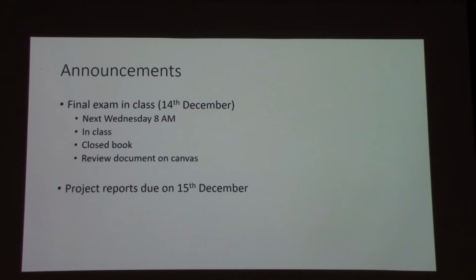Okay, everyone looks excited. There's a project report that's due on the 15th of December. Please upload it to Canvas. It should be a short document, no more than 6 pages, that describes what you did in the project, how it went, any experience that you have. If you have more time, how would you continue with the project,